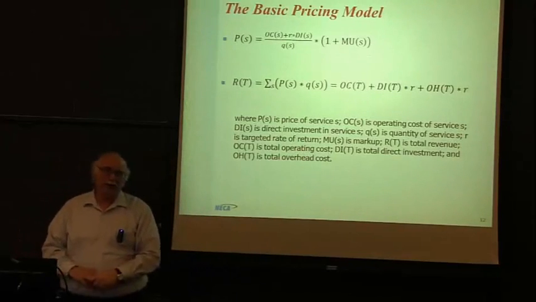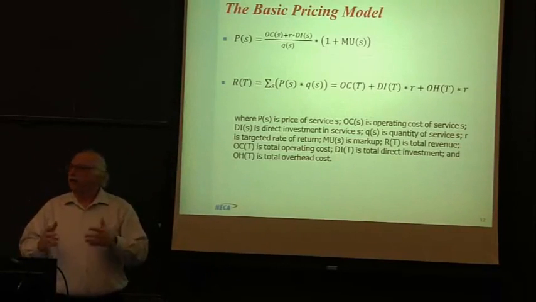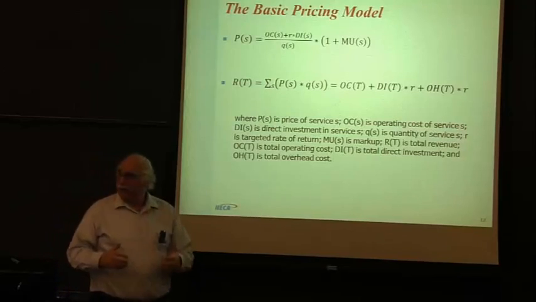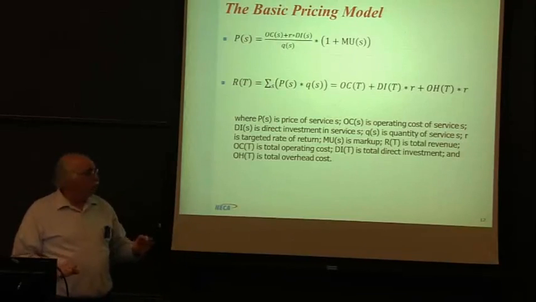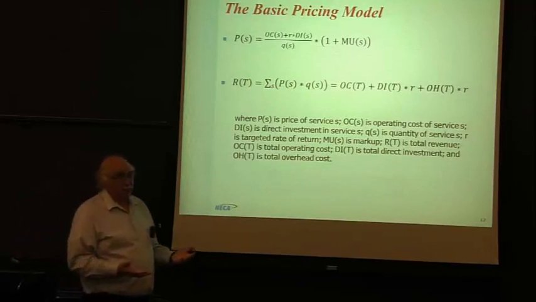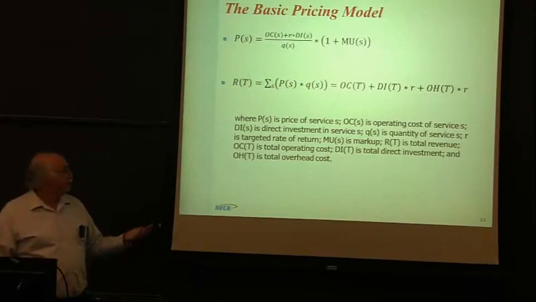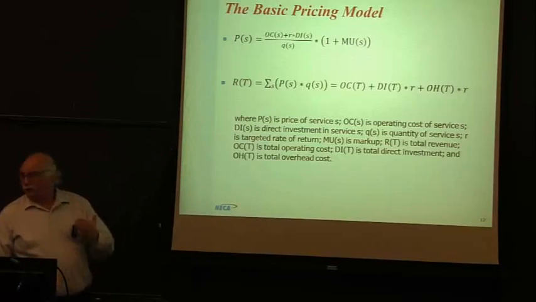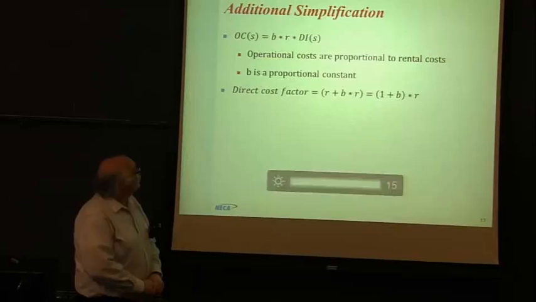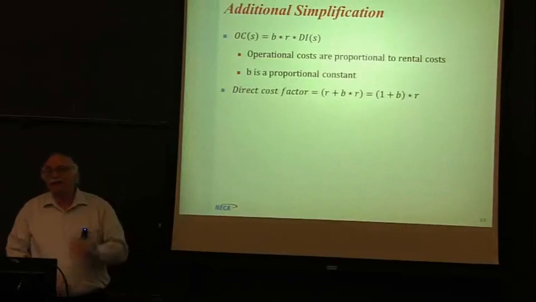And what do I mean by overhead? So direct investment is in, let's say, the multiplexers associated with a particular service, any type of server equipment. Overhead is really buildings, cars, and so on. You have to recover those costs also. You have to pay back your investors, and you have to pay off loans. So your revenue, if you're in a mature market, ought to generate enough to cover your costs, including a return on investment.